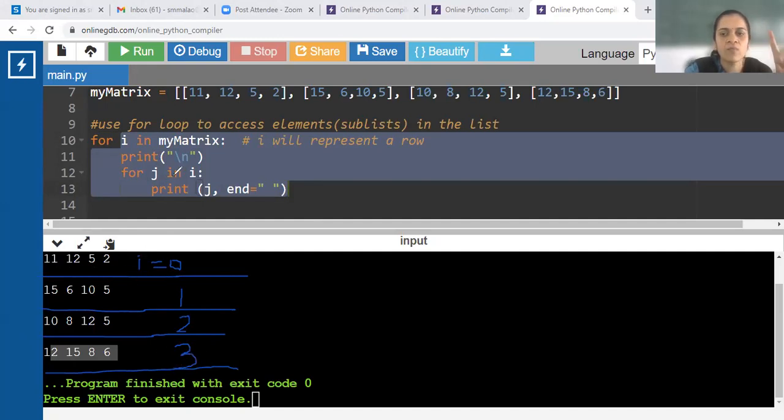Whenever this inner for loop is executed, when I is equal to 0 or 1 or 2 or 3, how many times will the inner for loop execute? Can you analyze and tell me?